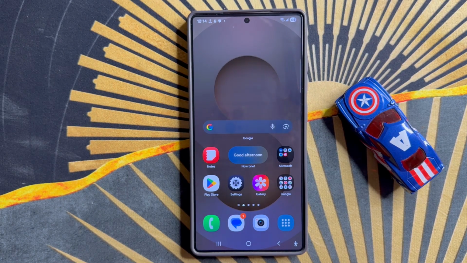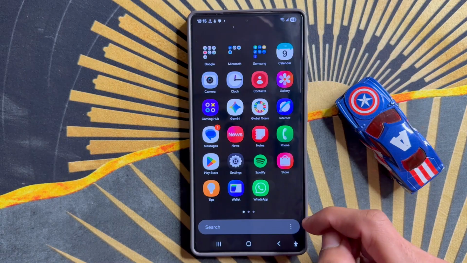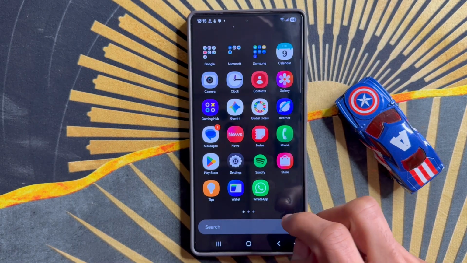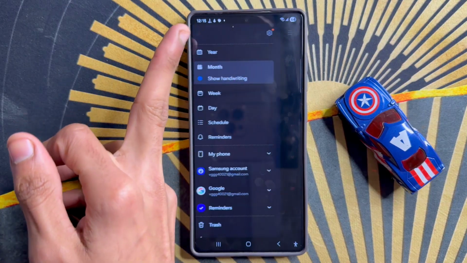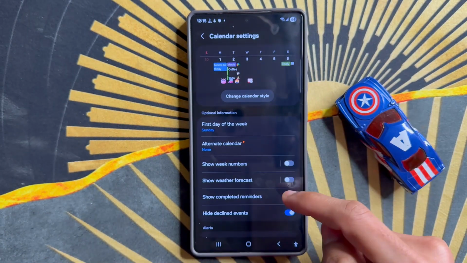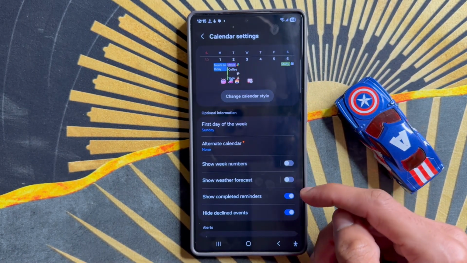Let's start the video. First of all, go to App Library. Here, click on the Calendar app. After clicking on the Calendar app, click on this three dot icon and click on Settings. Now in Calendar Settings,